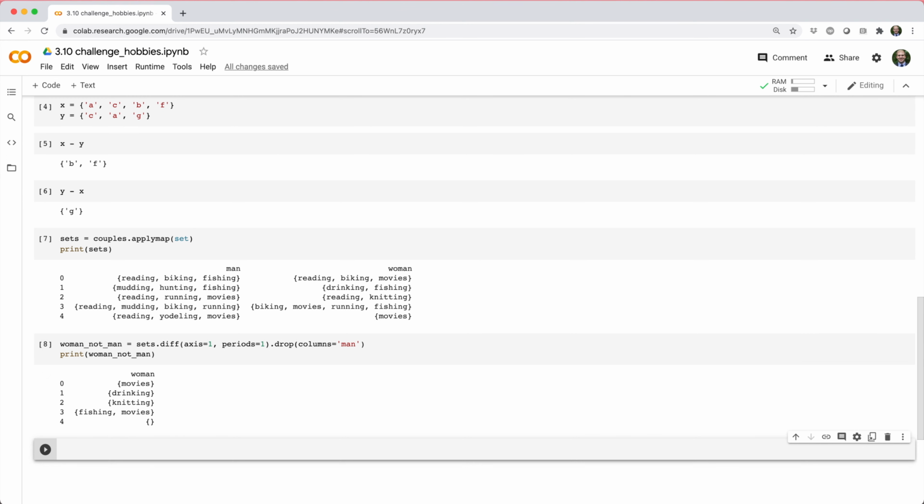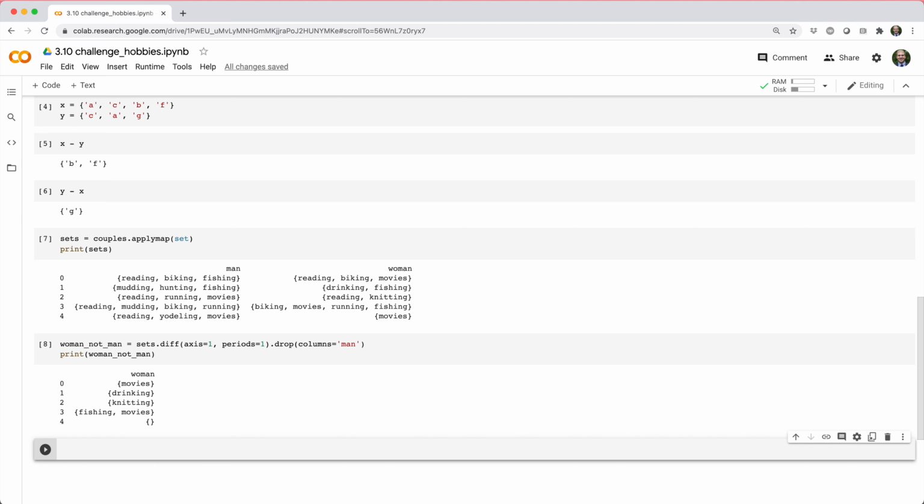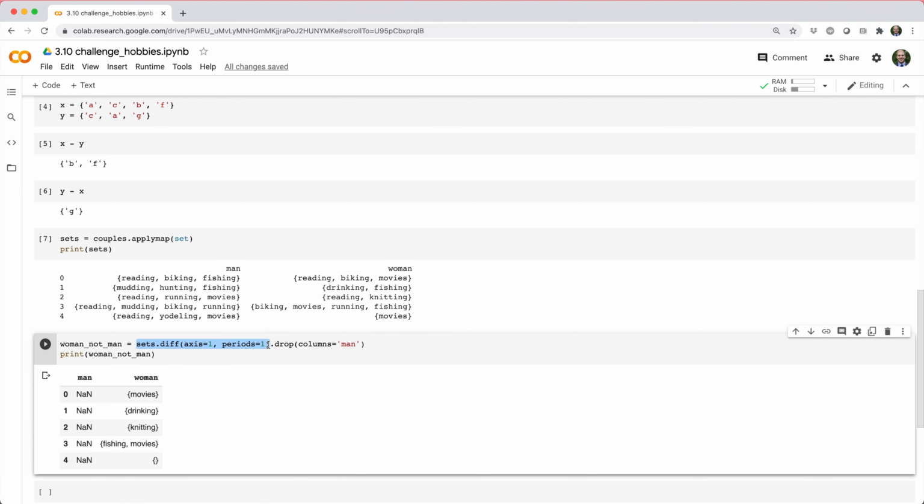Let's break it down. Each data frame has a flexible .diff method that calculates the difference between elements. By specifying axis equals 1, we're telling pandas to calculate the difference between elements in each row. And by specifying periods equals 1, we're telling pandas for each element in some row, subtract the element one position behind it. In this case, the result is a data frame where the man column is full of NaNs and